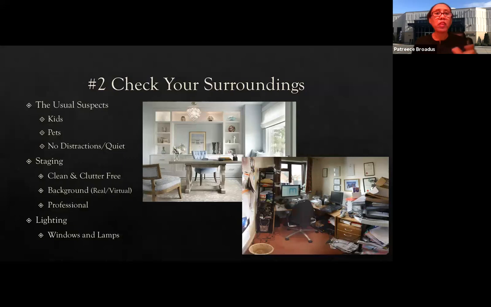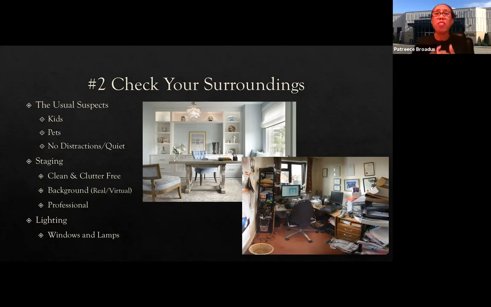With lighting, you want to make certain that you don't have just an overhead light, because that can cast shadows. You want to make certain you don't have another light. I wish I had a flashlight so I could show you how that will cast shadows. Generally, if you're able to have natural light, then you want to do that. Now, you don't want to be sitting in front of a window.